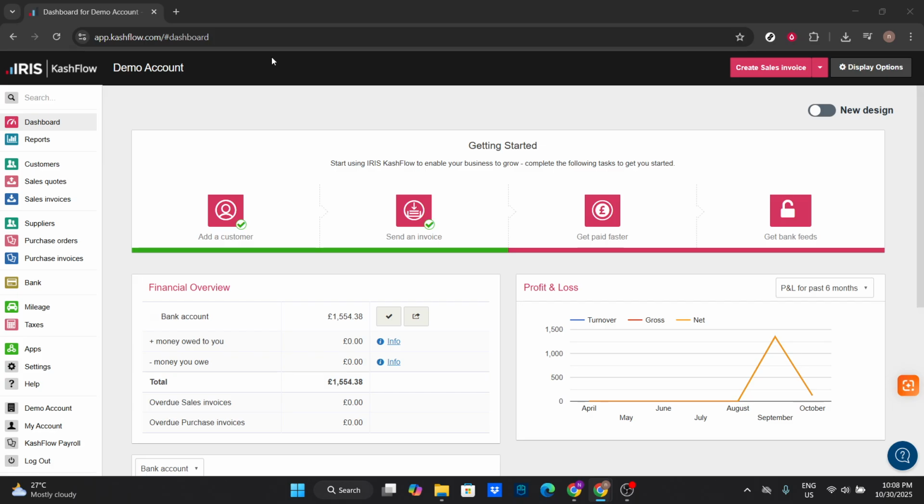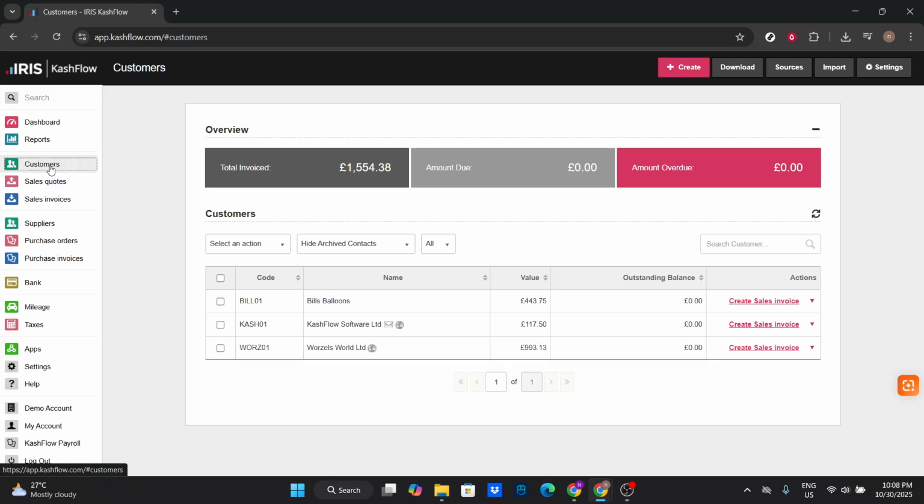the main menu. Doing so brings you to a list of your existing customers. This central hub makes it easy to view and select the customer for whom you're creating a recurring invoice. Simply click on the name of the customer you wish to bill. This action will direct you to their respective customer profile, where you'll find all pertinent information and settings related to